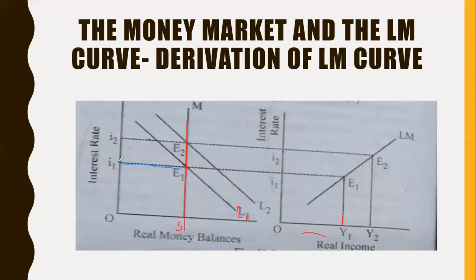Money supply is fixed. For any particular period of time, supply of money is fixed. We are showing money balances, real money balances, both supply and demand on x-axis, and we will be determining interest rate. So with money demand and money supply curve, E1 is equilibrium, and accordingly we arrived at interest rate I1, and this I1 interest rate we have to continue in panel B. So we arrive at E1 point.